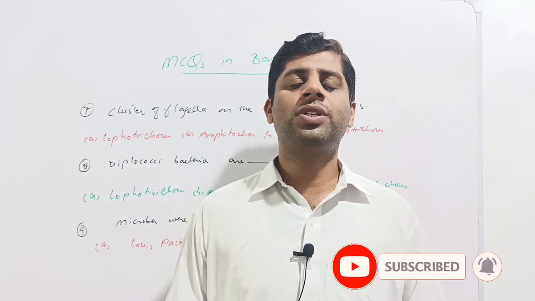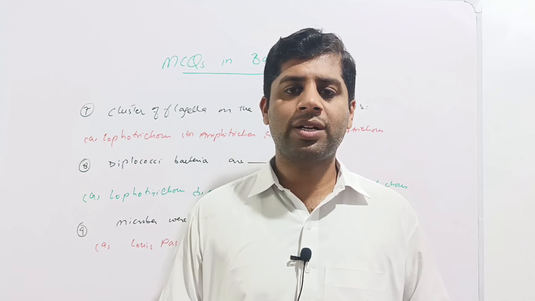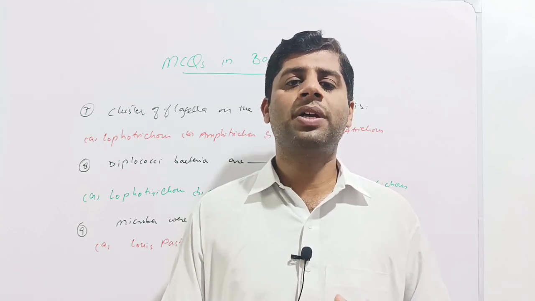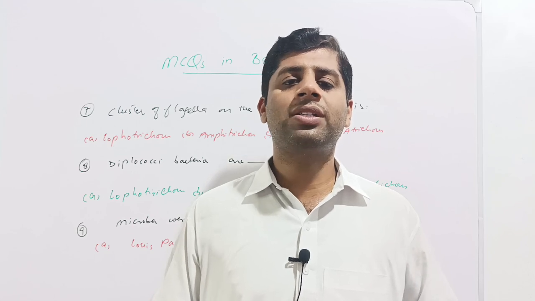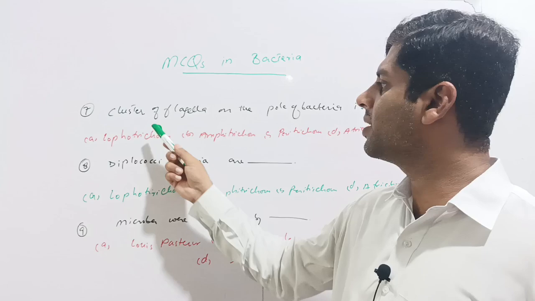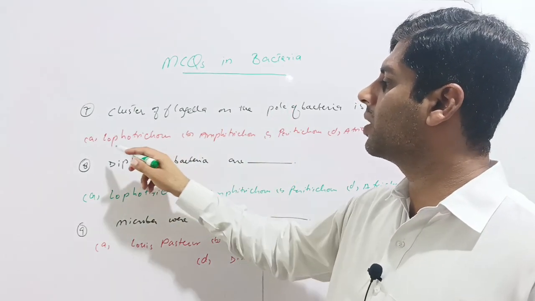So the flagella, if present on one side, this is called Lophotrichus. If flagella are present on both sides, this is called Amphitrichus. If the flagella are present throughout the cell wall of the bacteria, these bacteria are called Peritrichus. If the bacteria lacks flagella, for example the cocci bacteria, these are called Atrichus. In this case, the cluster of flagella are present on the one pole of bacteria, so the correct option will be